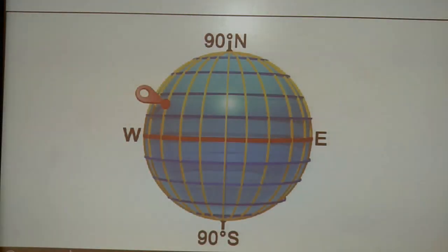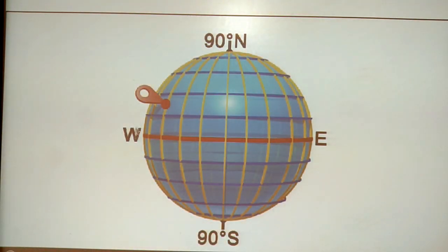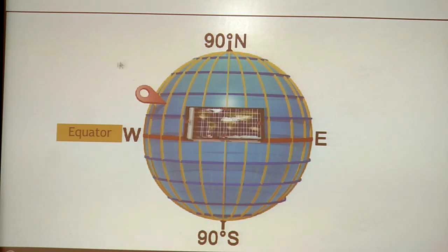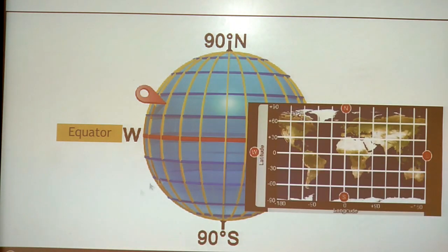Now see, once we have the latitude and longitude of a place, we can easily locate it on the globe. As you can see in the picture here, once we have both the degrees of latitude and longitude, what happens? We can locate it in this way. As you can see, a square box, this red one. That means if the location is this on the globe, it becomes easy for us to locate a place.